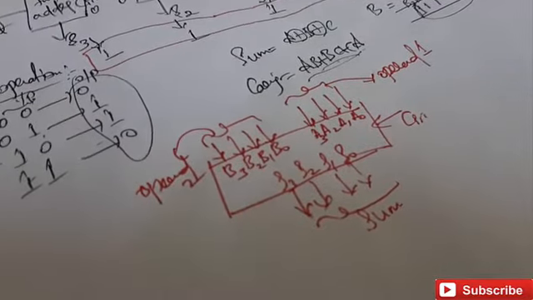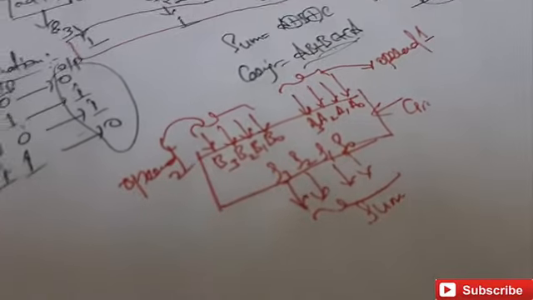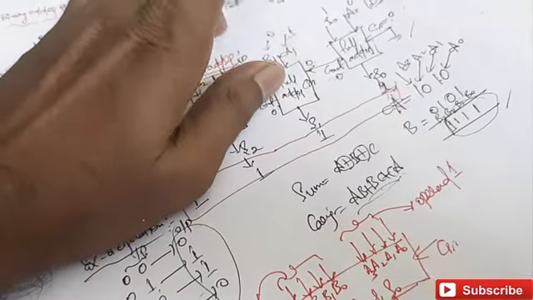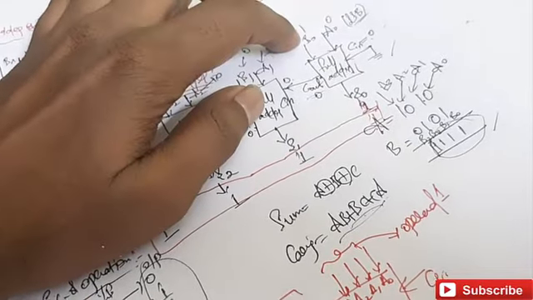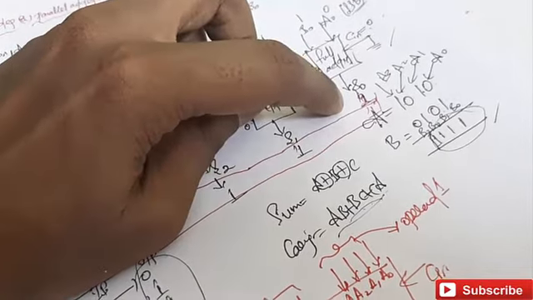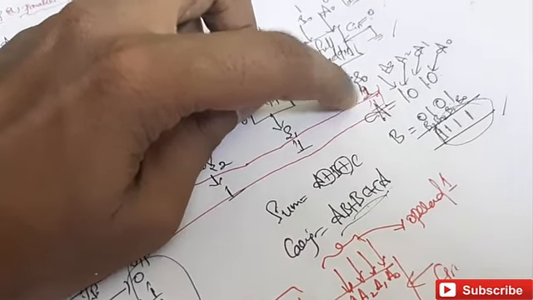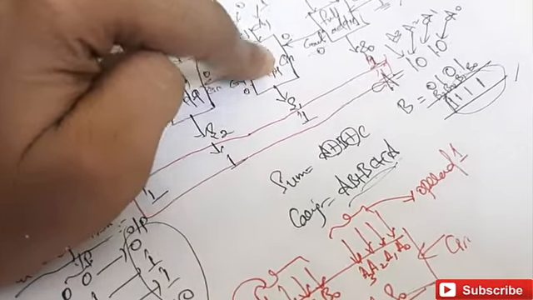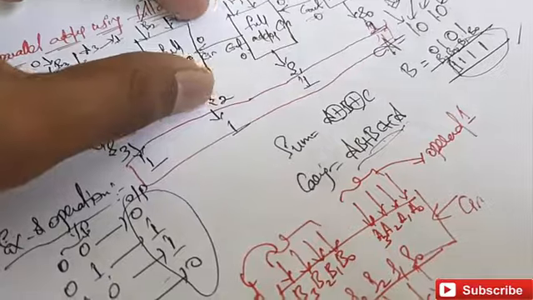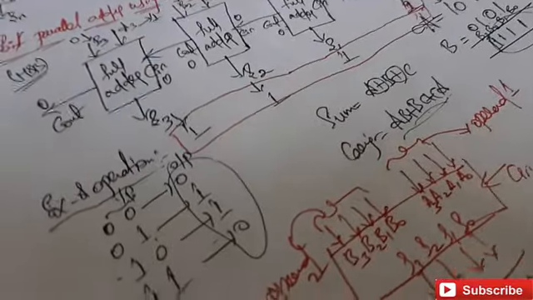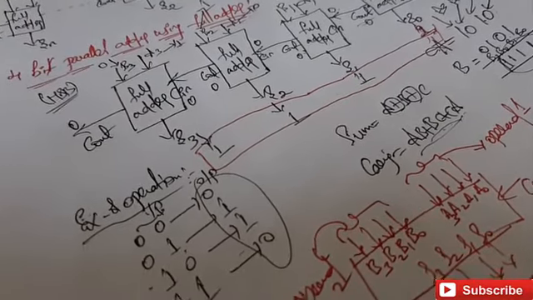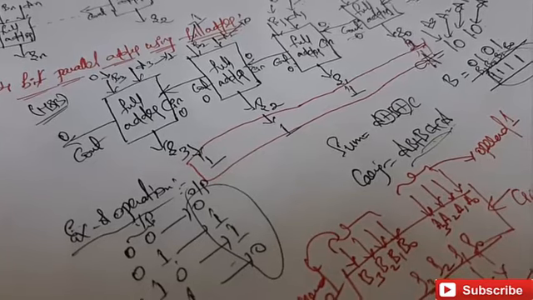Now let's see the disadvantages of the parallel adder. The main disadvantage is that the delay is very high. That means here you can observe, if you take A0, B0 and the C input, you will get the sum output and the carry output, and again the carry output is given to the next full adder. That means if you move on like this, the propagation delay will be increased in the 4-bit parallel adder.